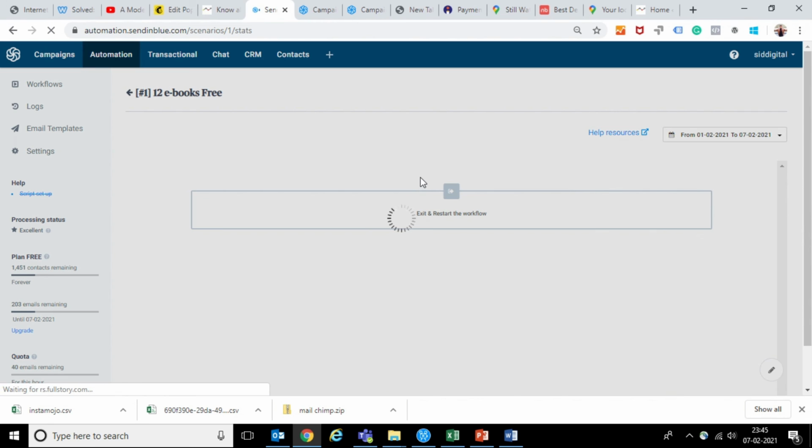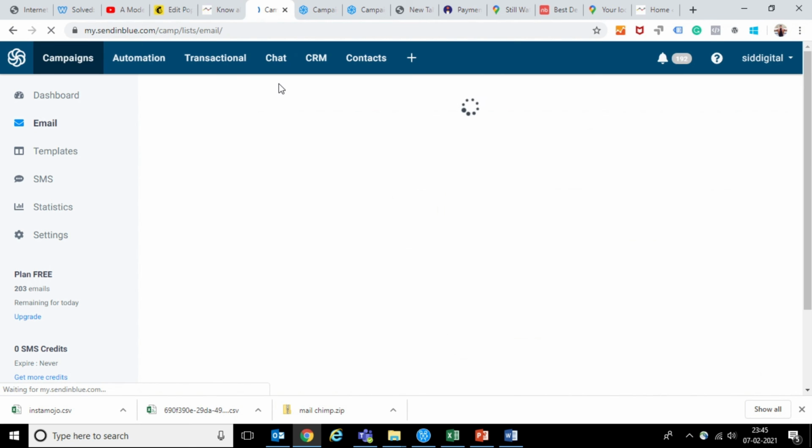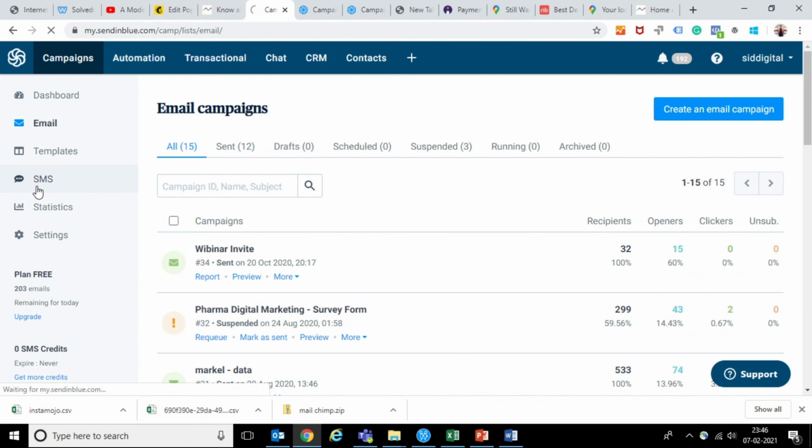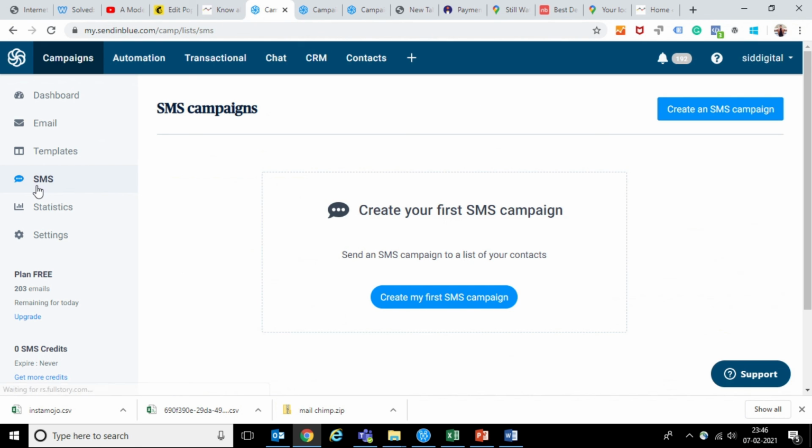So make sure that you are creating a very engaging freebie, or something very close to the audience queries that are there with them, so that they understand which space you're coming in from, and what your intention is and how to go about it, right? We can also trigger SMSs if you plan to collect the contact numbers of the users.